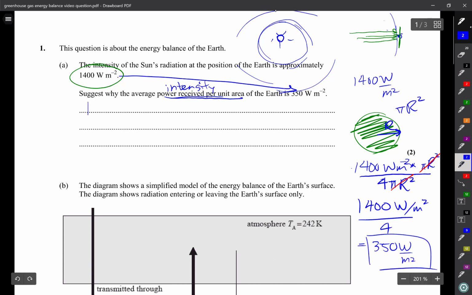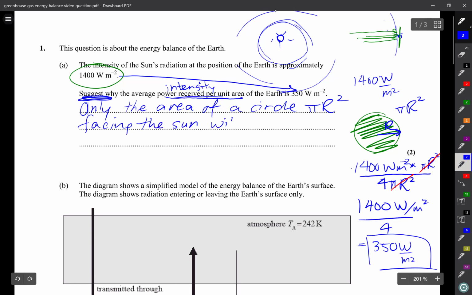Now, in this question, we have to be very, very careful. It says suggest why. It's not telling you to actually calculate. So please be careful of your command terms and read your question carefully. I've only shown you these steps just to show you how it works. But when you write it down on your IB exam, you do need to state and write out the reason. So first, only the area of a circle, pi r squared, facing the sun will receive